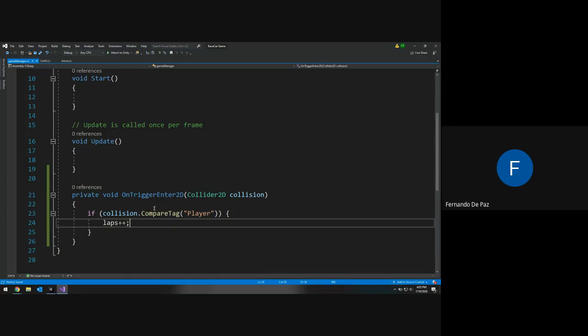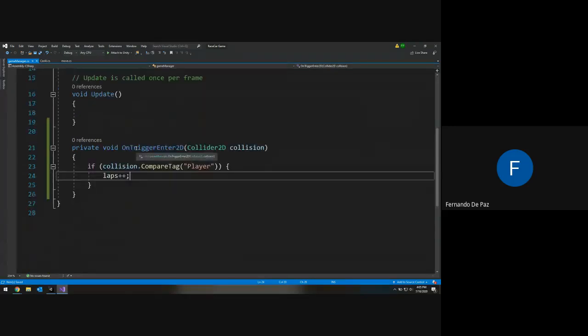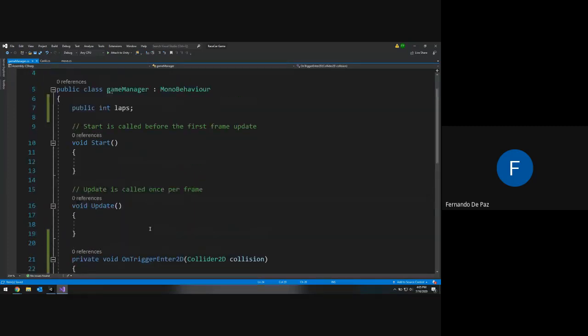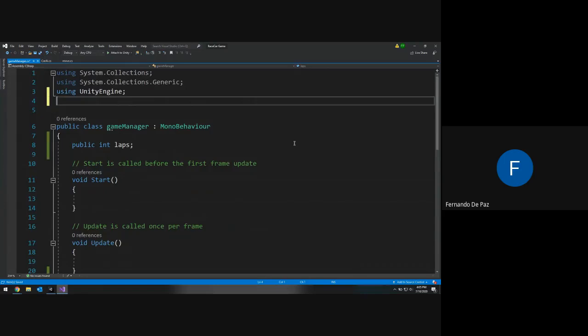Okay. Once you have this, the next thing is we need to have a text variable. This variable is going to display how many laps we currently have. Okay, so just like we did with the timer, we're going to go up here and we're going to say